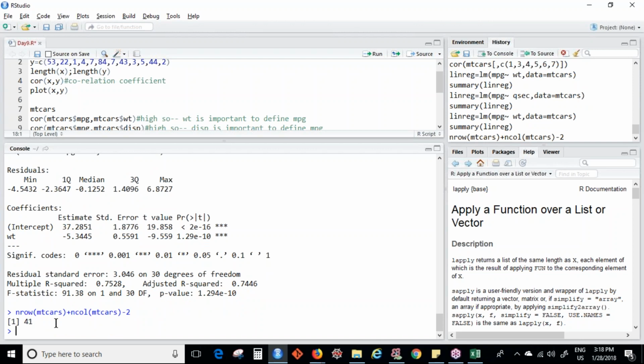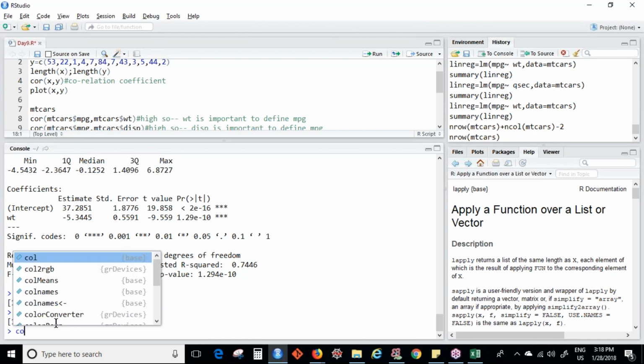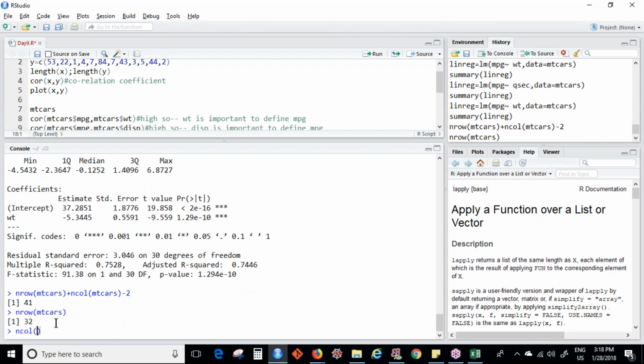Oops, you're getting 41. You have 32, and number of columns is